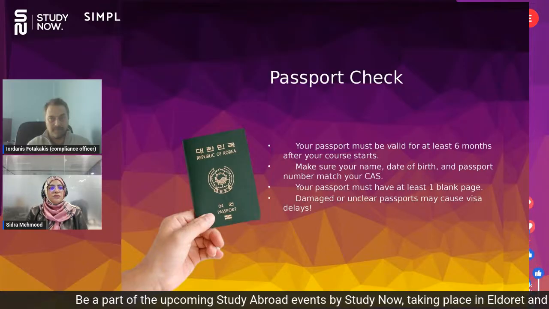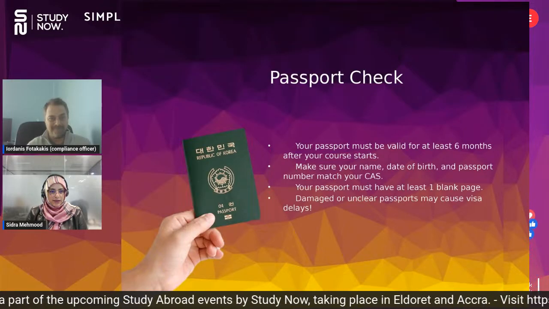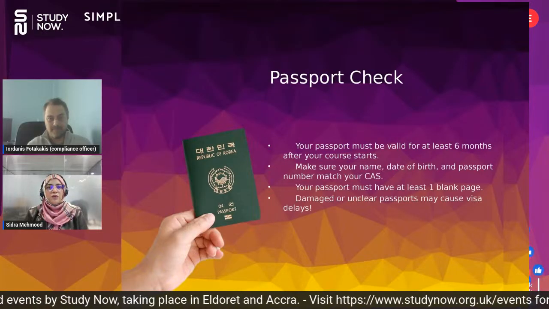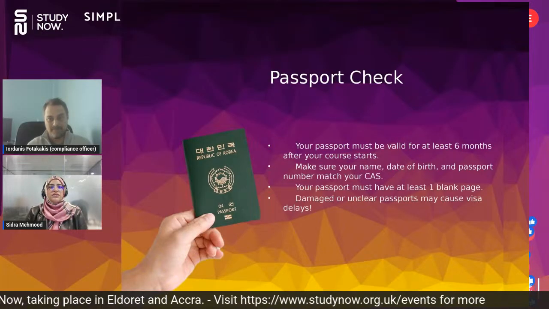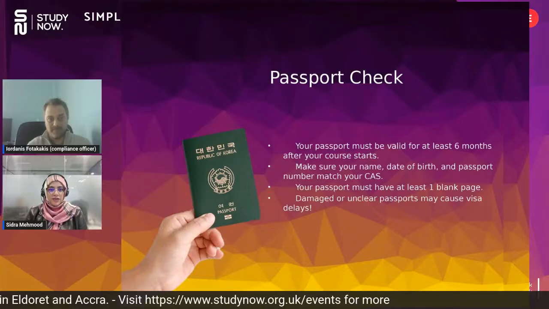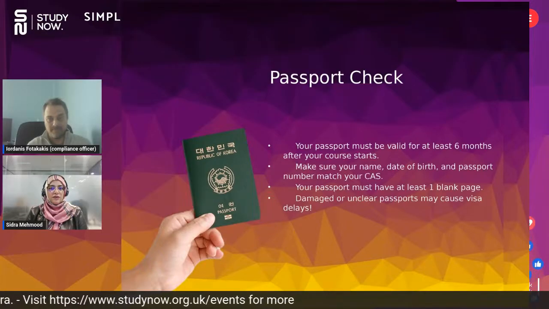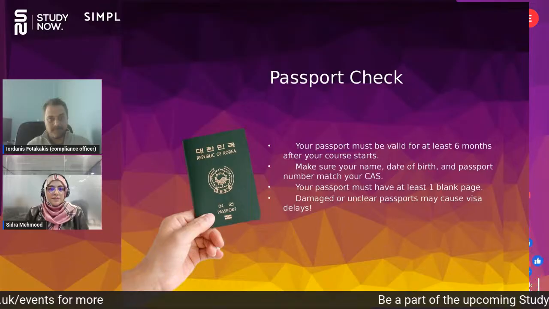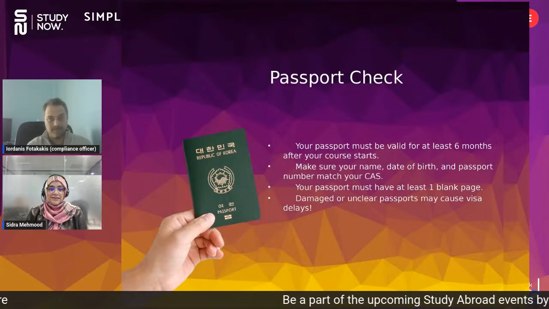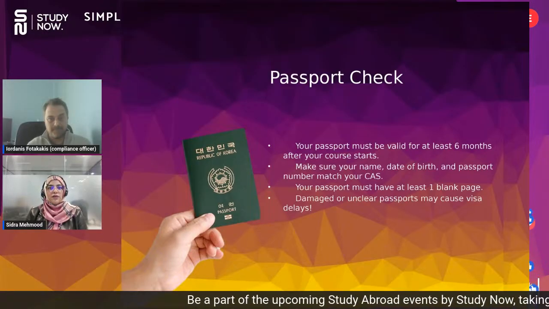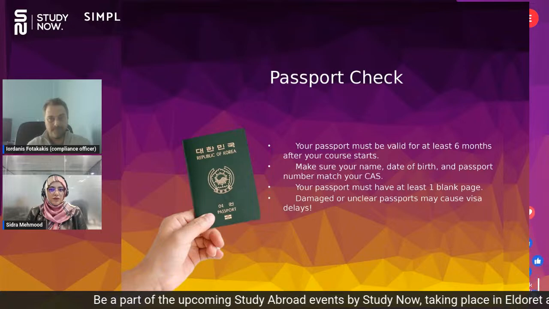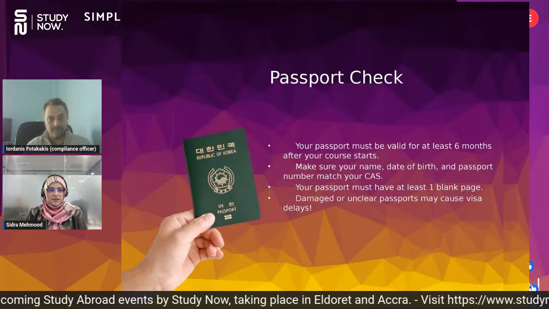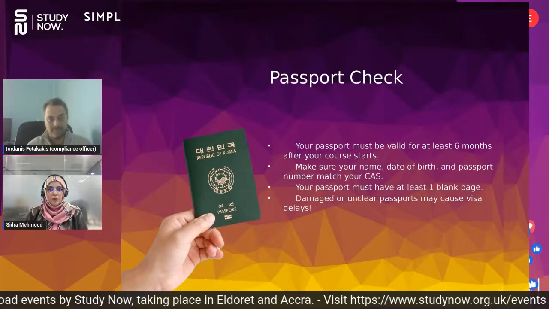Moving forward to the passport check, this is your nationality evidence you have provided to the university, which mentions your nationality, your date of birth, your credentials, and you must remember that your passport must be valid for at least 6 months when you are applying or using this passport to apply for your visa. So the validity, or you can say the expiry date mentioned on your passport, should be more than 6